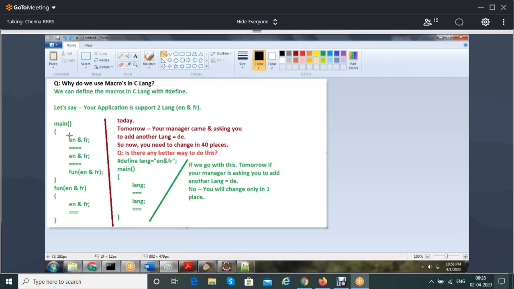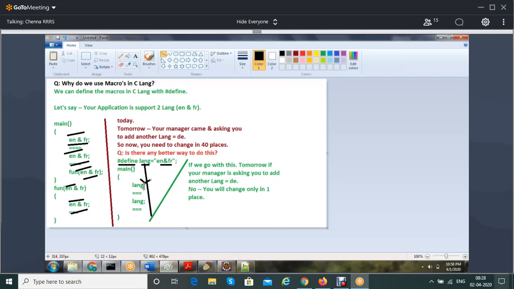If I feel that I am going to use this EN and FR in many places, then I can create a macro using hash define and give a variable for it and specify the value as whatever it is, English and French. Then this variable you can use in the program, in those 40 places.